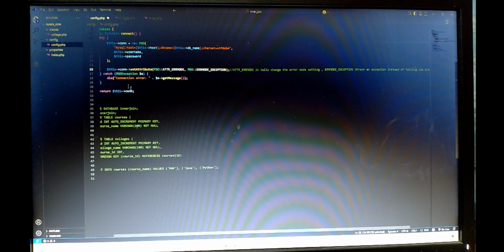So $con has a predefined or built-in method. The method name is setAttribute. It's basically a function to find errors or error related things. Under that I'm simply writing PDO ATTR_ERRMODE. So error mode, as you have seen over here, tells the changes of error mode settings. If any kind of error is found over here, it just identifies it, and then ERRMODE_EXCEPTION also throws those errors with the exception portion.